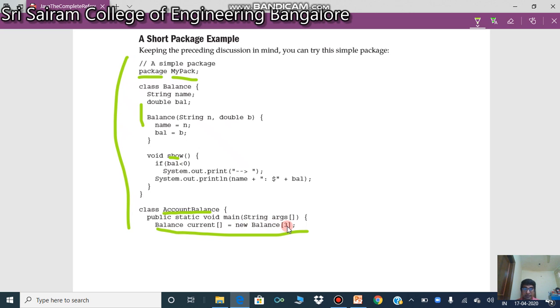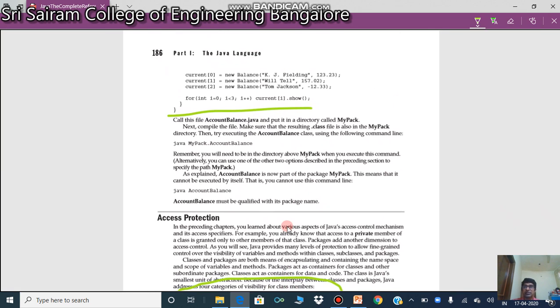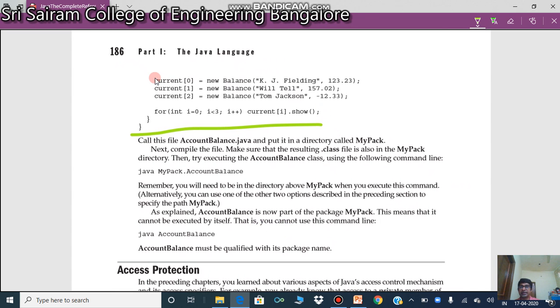I'm going to create three objects. So can you tell me what the object names are? The object names are nothing but current[0], current[1], current[2]. We have created three objects. Look at this. So these are the objects I've created. Now what I do is I'm going to initialize these objects.